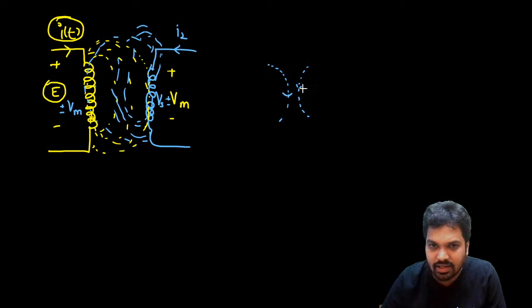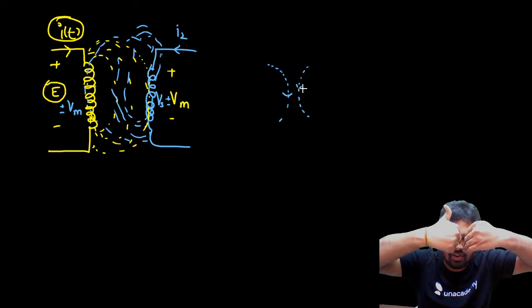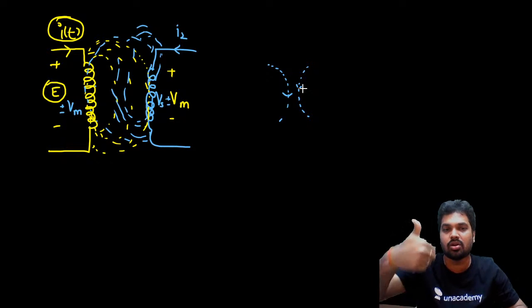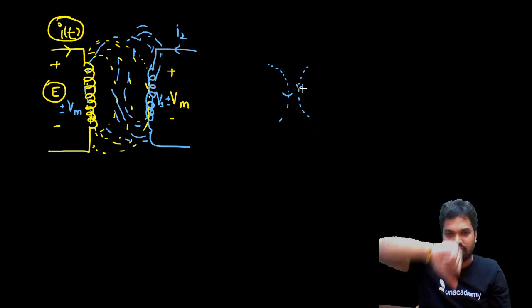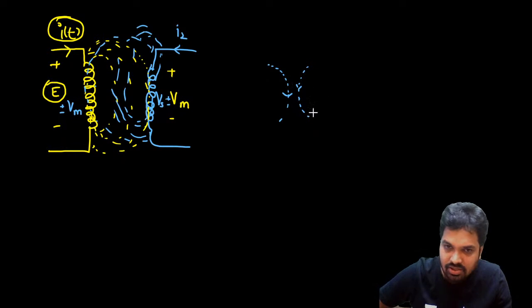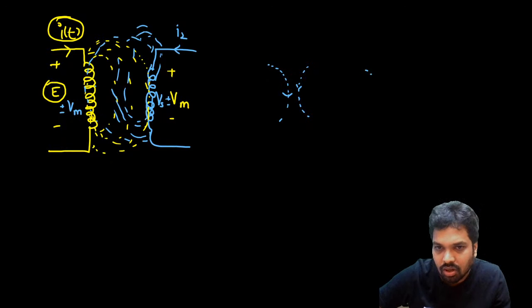These lines are in the same direction, so they will be adding together. It depends on your winding direction and current flow direction. The flux direction can be additive or can be